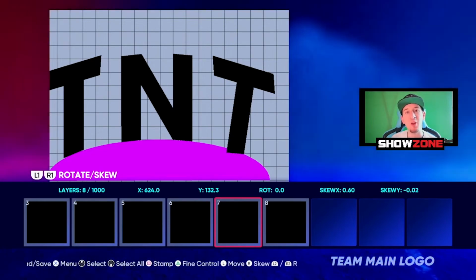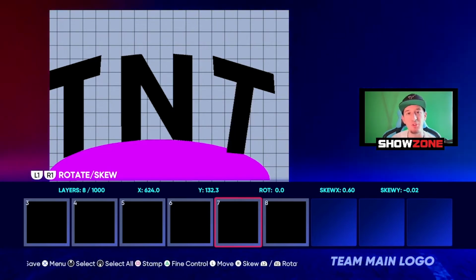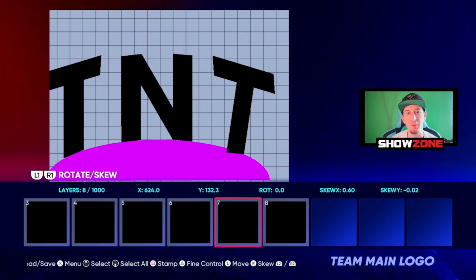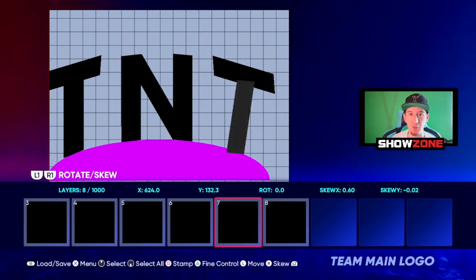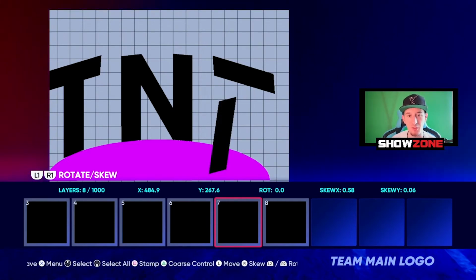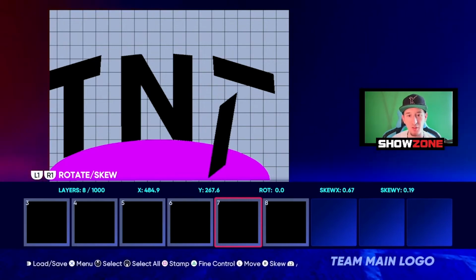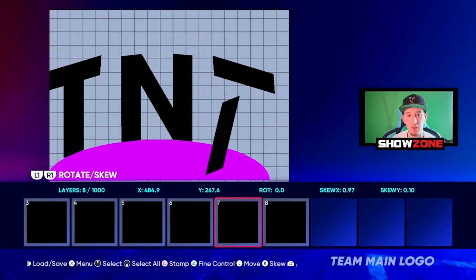There's so many times where I do a shape and I'm just trying to scale it and I accidentally select the Skew tool option and it just completely messes up the shape that I'm working with, so I have to delete that shape and start over. But yeah, again, the difference is monumental. So this is the fine control, and this is the same movement on my analog stick using the basic